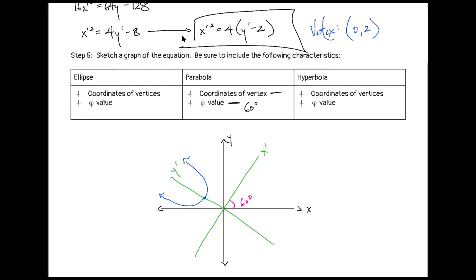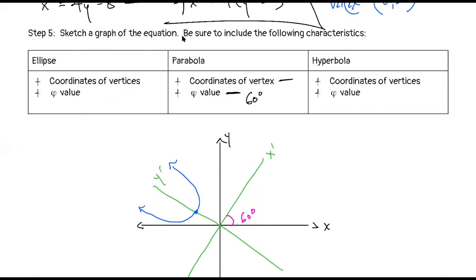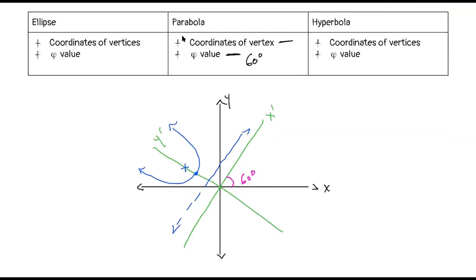Now, thinking to tomorrow's exam in terms of review, here's my vertex, my focus would be 1 unit in, and my directrix would be 1 unit on the other side of that, okay? These last 2 features you do not need if I don't specify, but I wanted to get us thinking about that exam for tomorrow. With a basic parabola, know where your focus is, know where your directrix is, okay? So that is it in terms of 12.5.